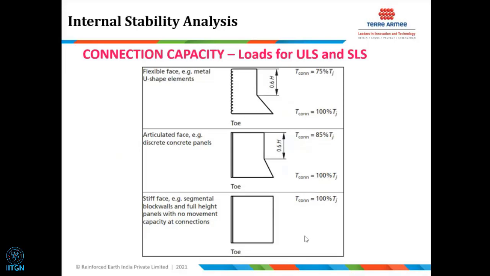the connection loads are generally very low, and this is very well proven by instrumentation and by a lot of methods. The load that comes to the facing is less. But then why all these checks? Why are there failures of connections? This needs to be understood very well. This is the most important part,